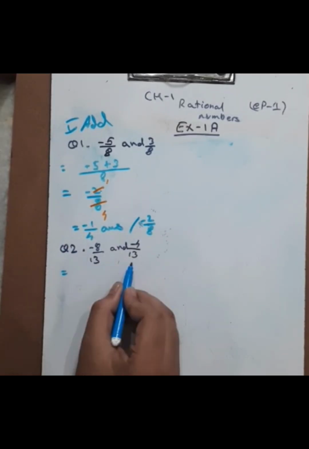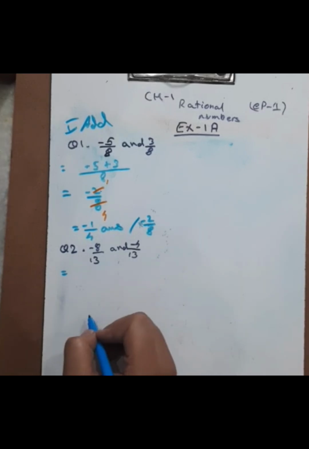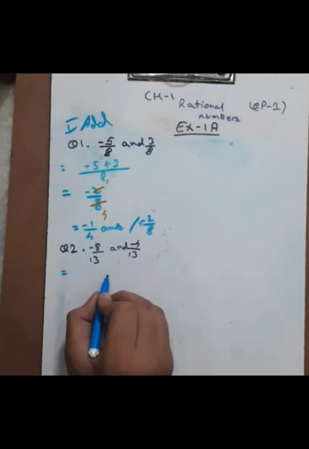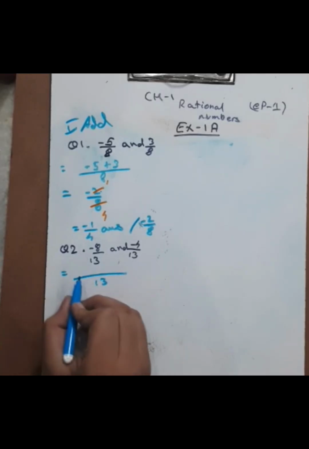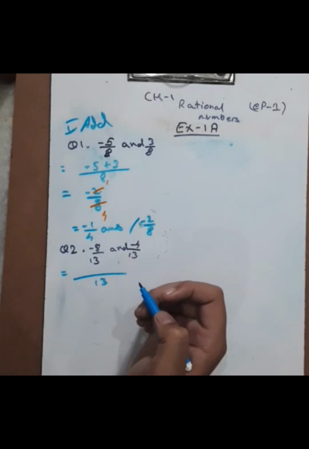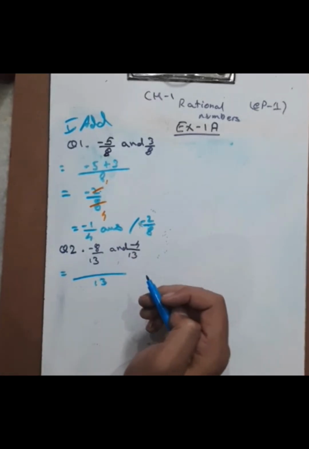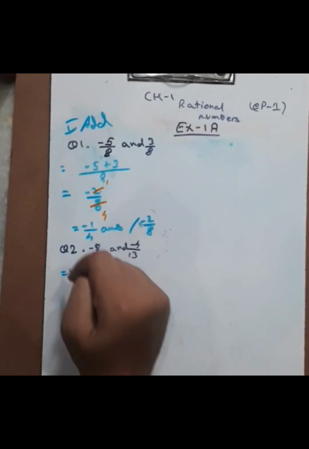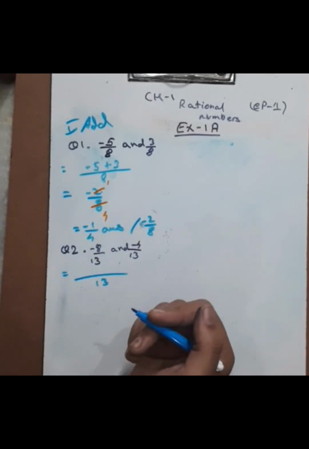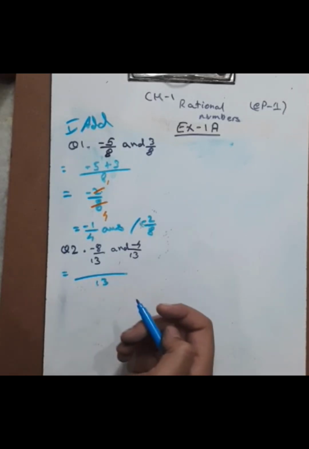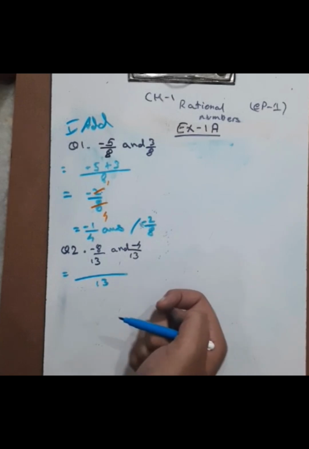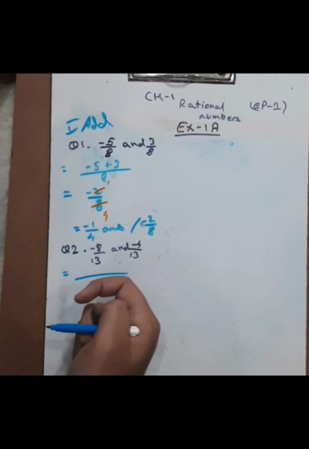The denominators are the same, so we do not need the LCM. When the denominators are the same, we just copy down the denominator. If you know how to add the fractions, then it's fine for you, and you can solve these questions. But if someone doesn't know how to, I will upload a video on demand.